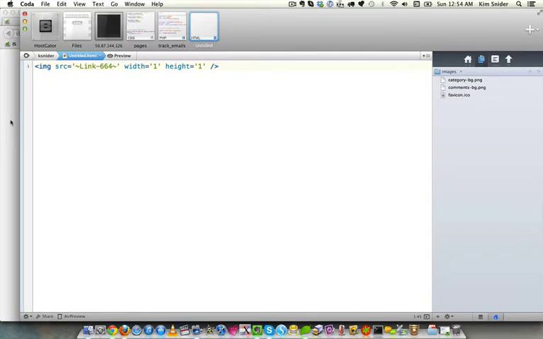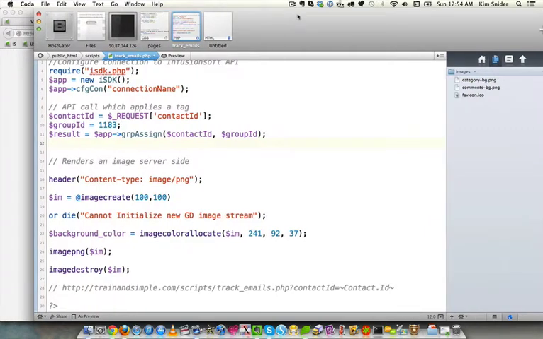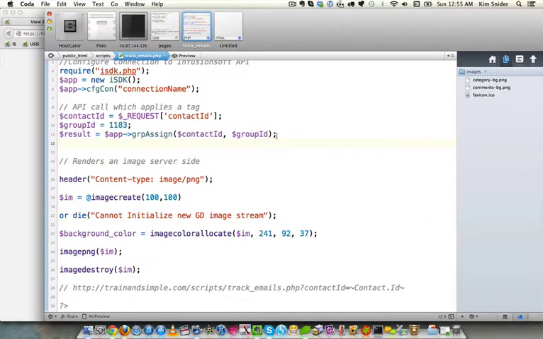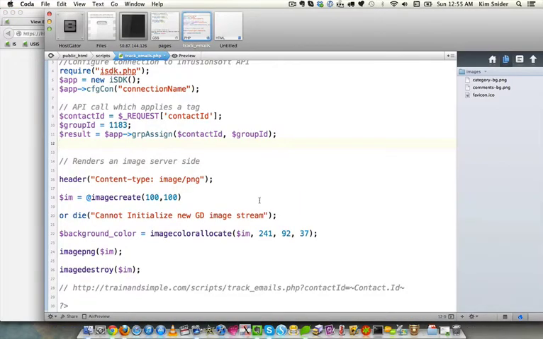The reason I like the API version rather than this version, pros and cons to both. This one, obviously, you don't have to know the API. So it's a non-API version. The reason, of course, I know the API, I use it almost every day for little things like this. But the reason I like this is just because I feel like, number one, I have a lot more control over it, and number two, if Infusionsoft makes a change, that could break Tyler's, and it would stop working, whereas my script is,